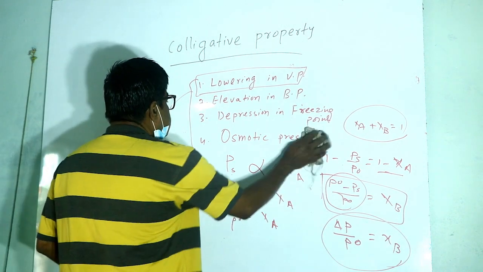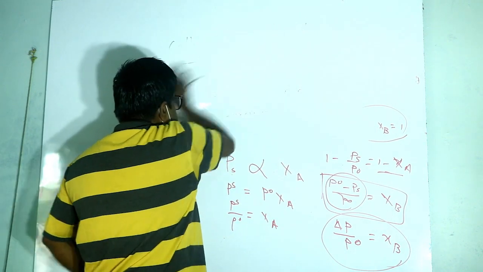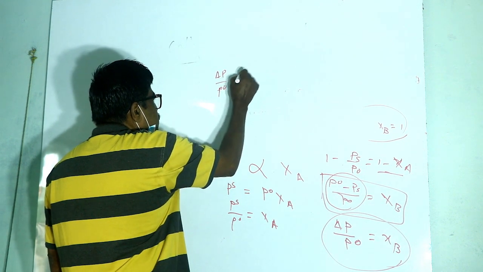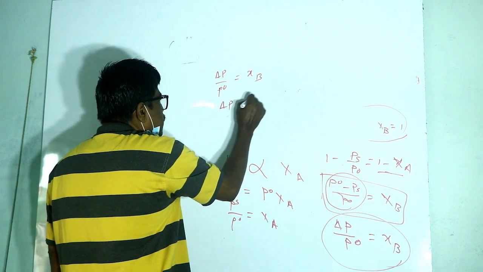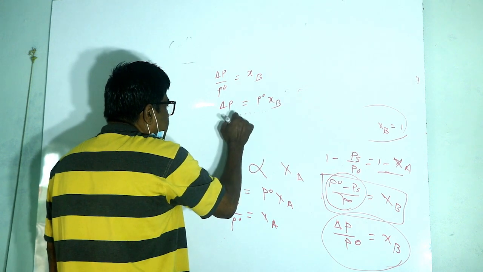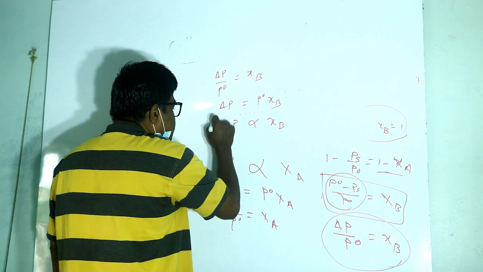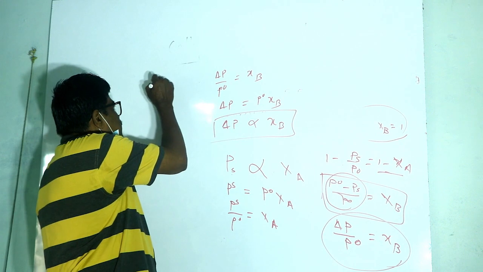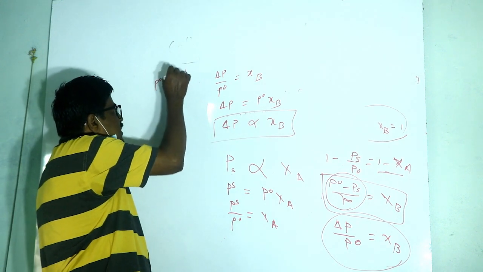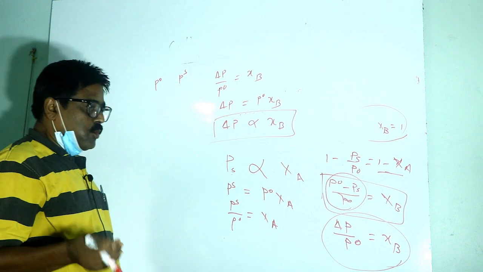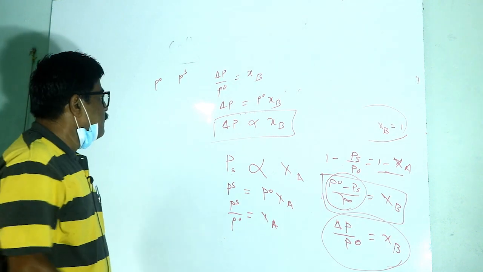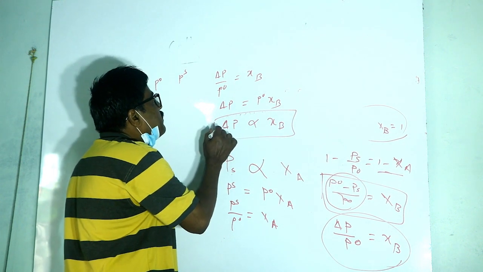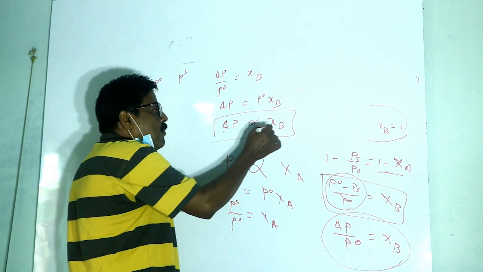So if we simplify this one, that is, if you write this as del P by P0 is equal to XB, means del P is equal to P0 XB, means del P is proportional to XB. What is that? Here, this is the lowering in vapor pressure. Vapor pressure of the solvent, let's say P0, vapor pressure of the solution, let's say Ps. We know that the vapor pressure of the solution is always less than that of the pure solvent. So here, del P is proportional to XB, means the lowering in vapor pressure depends on mole fraction